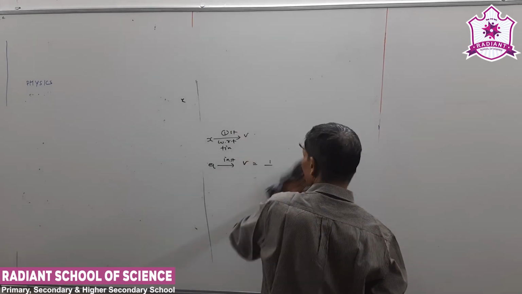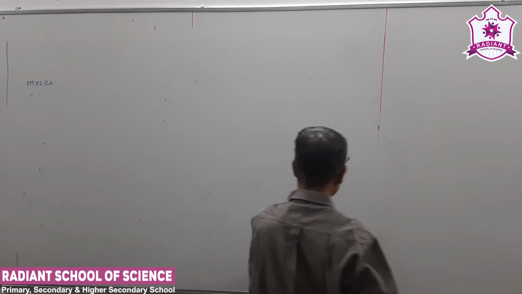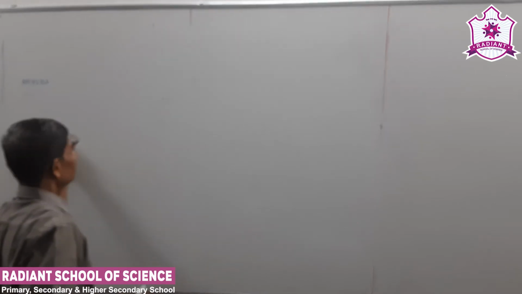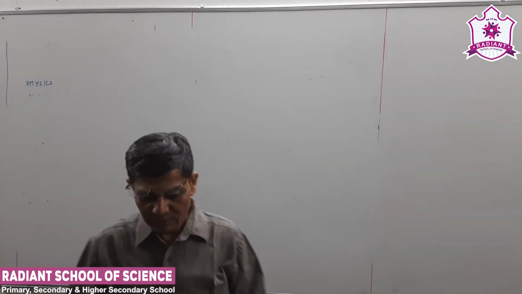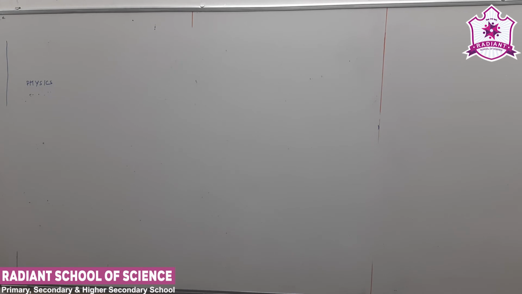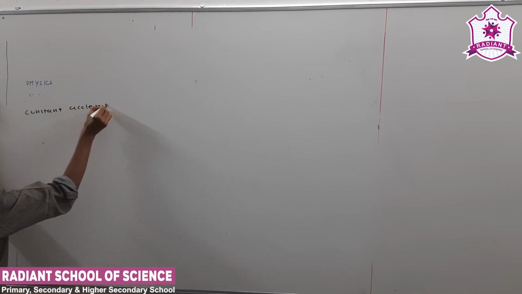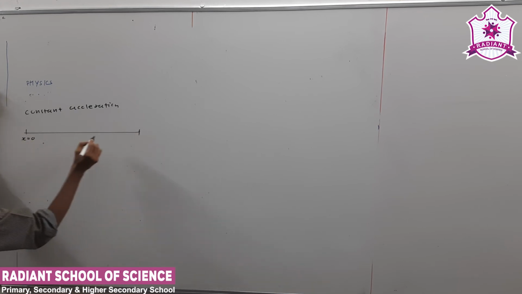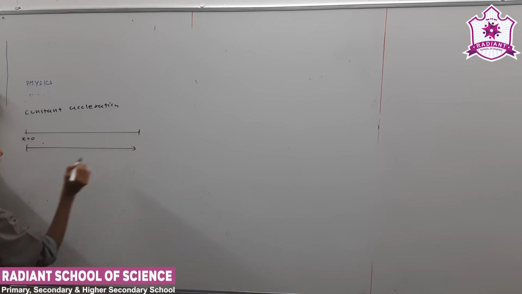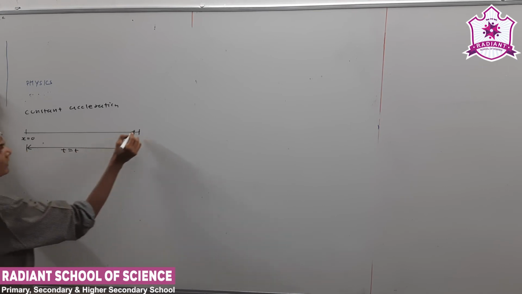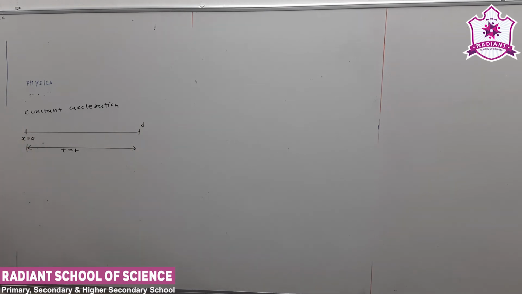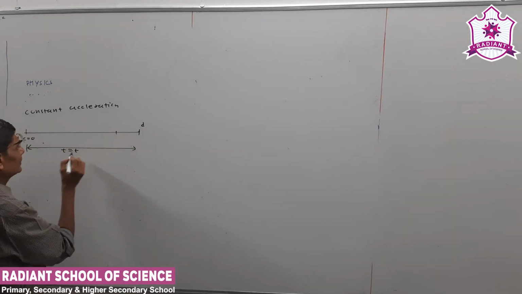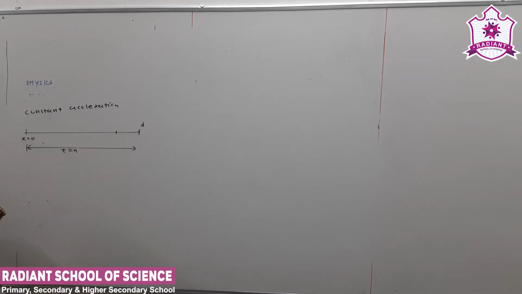Next, we derive an important equation. See, there is a distance covered during the nth second. Okay, distance covered during the nth second. Now see, consider motion with constant acceleration. Let us say this is x is equal to 0. See, x is equal to d in time t is equal to t. Let us say the distance covered is d. See, 1 second before, let us say here we say n second.